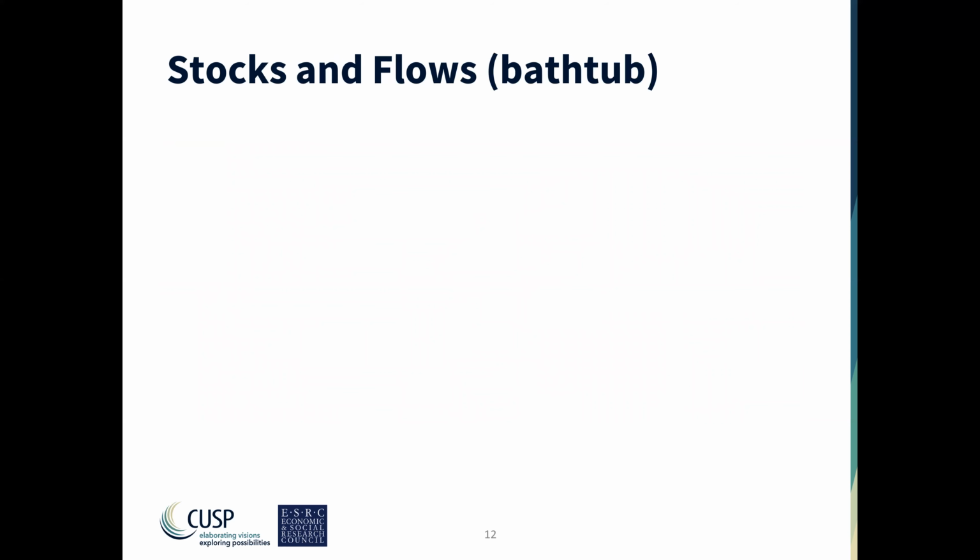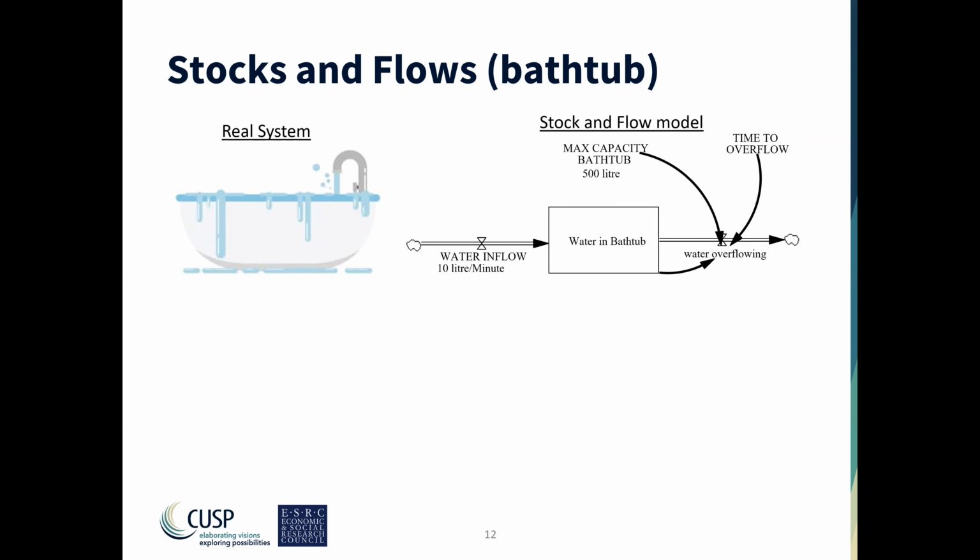Now, a very simple example of system dynamics modeling is the bathtub. You can think about a bathtub in which the flow will come in to the point which overflows when it's full. We can build a very simple model in which we have an inflow of water going inside the bathtub. And over a certain time, it will accumulate until the point it will reach the maximum capacity and it will start overflowing.